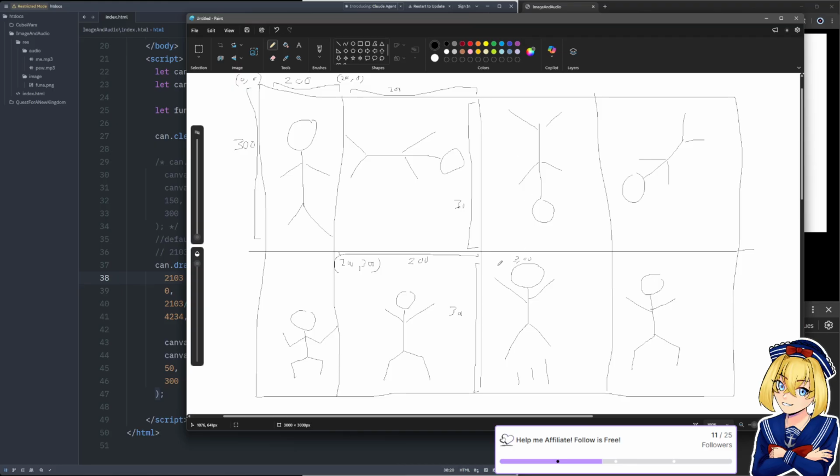And then we need to go right into the image 2 increments of the width. So it's going to be 200 and 200, which makes this 400. So it'd be 400, 300 for this one. And then again, your sprite sizes are 200, 300, so 200 for the width and 300 for the height, right?